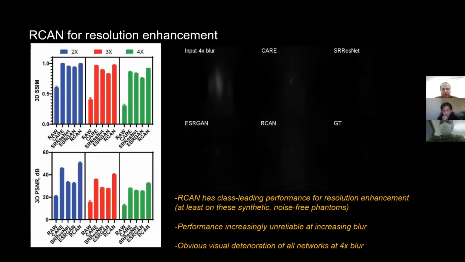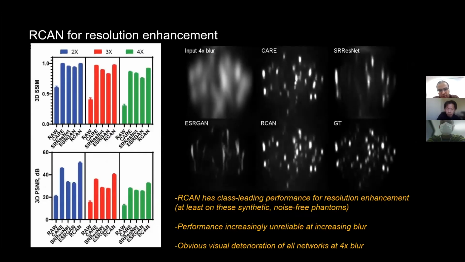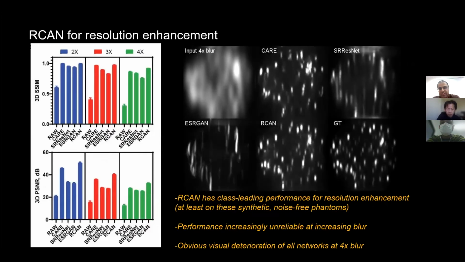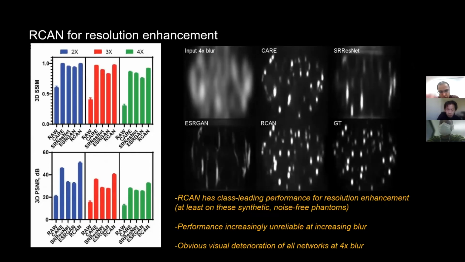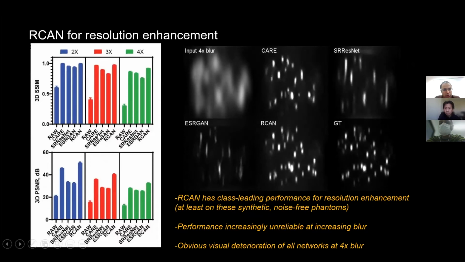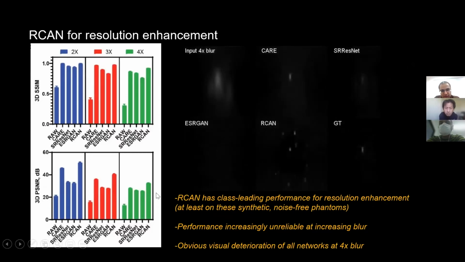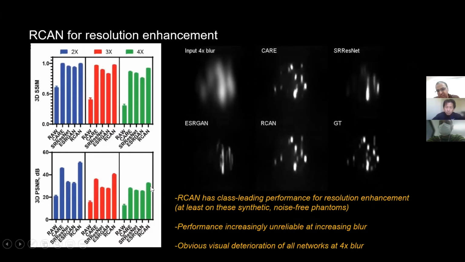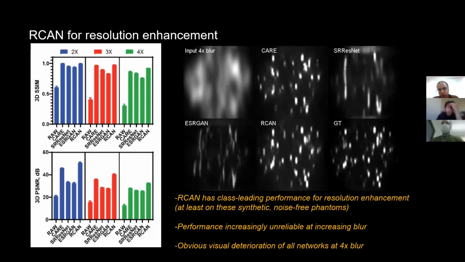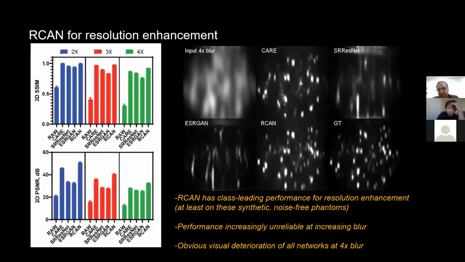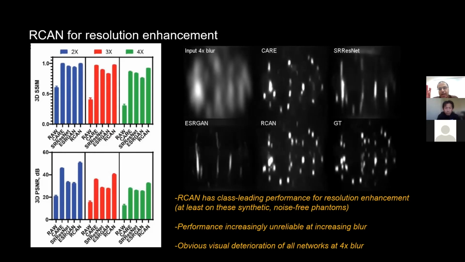And so to just summarize that, the RCAN does a bit better than these other networks on these toy data for these synthetic noise-free phantoms. The performance degrades as you turn the blur up, so the structural similarity indices and the PSNR drop fairly dramatically as you increase the blur, and there's obvious visual deterioration of all networks at this 4-fold blurring level. Nevertheless, these results on simulations were encouraging enough that we wanted to look into real